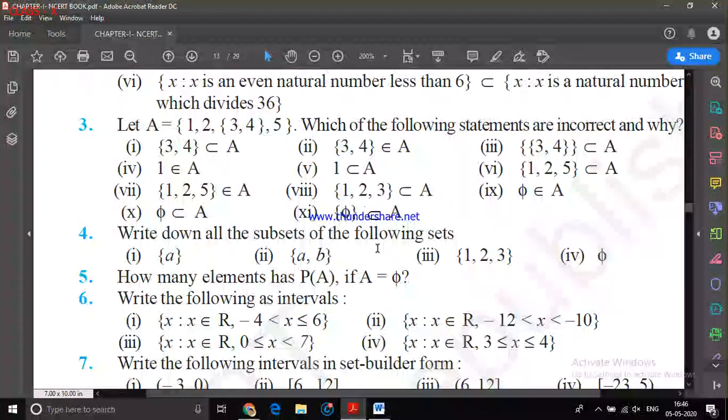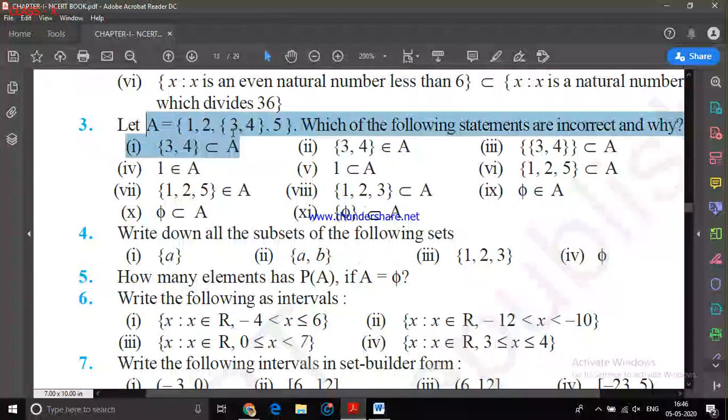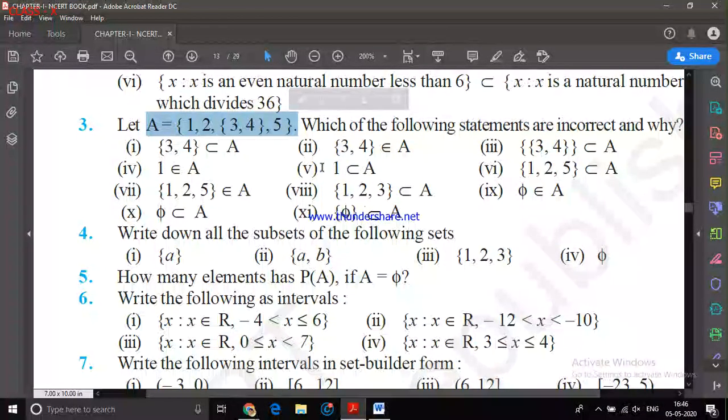Next, yeah, this will be tricky. Now I'll explain. I think your confusion between the element and subset will be clarified now. Let me take the third example, a question. A equals, observe this set A. If you observe this carefully, set A has the elements 1, 2, and now here {3, 4} is again kept in brackets. That means it is a set, but it is a part of another set A. So {3, 4}, I'll take it as an element of A.